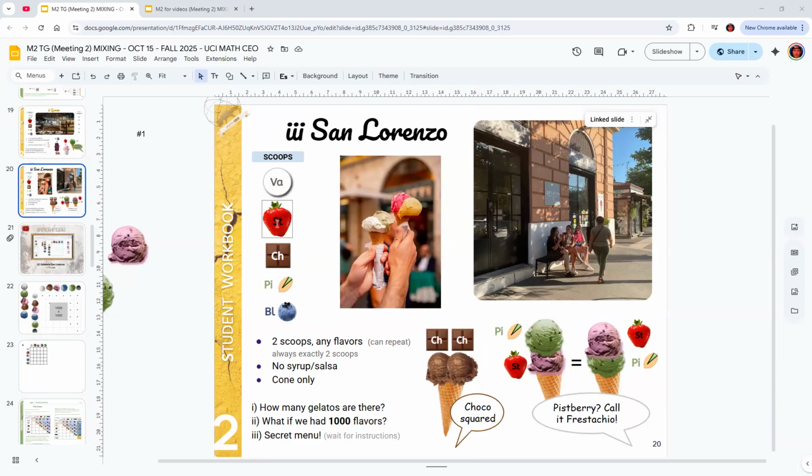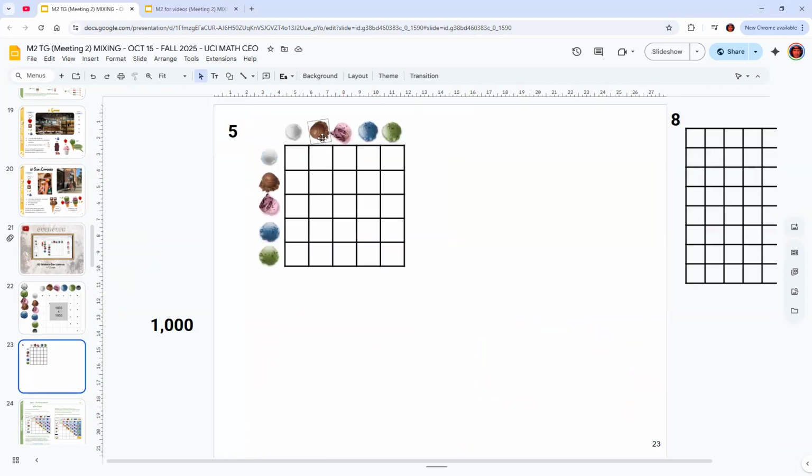Remember, we have 5 flavors and 2 scoops. No syrup, no salsa, only the cone. So how many gelatos are there? And what if we had more flavors, like 1,000 or something like that? Let's take a look. First, for just the 5 flavors, students could do this, as we said, with the manipulatives,